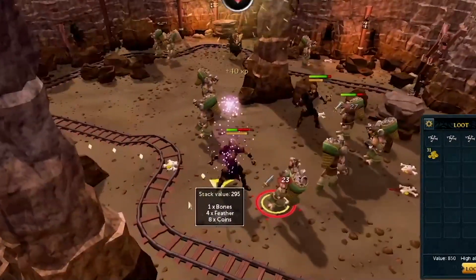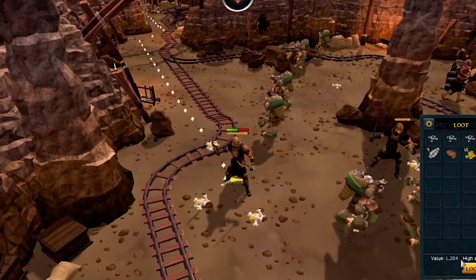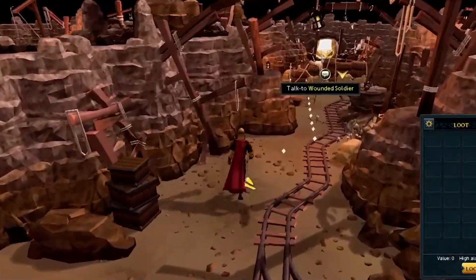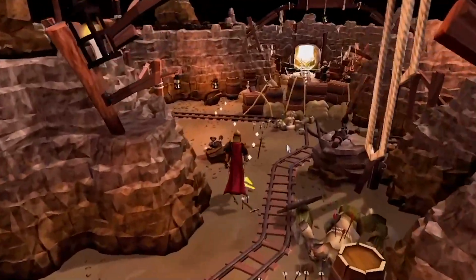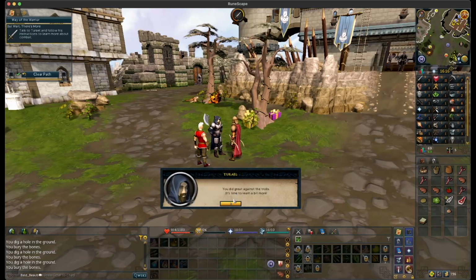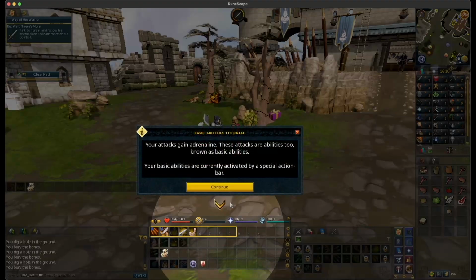Like, I'm running around the world now, even in Burthorpe, and there's quest icon, quest icon, quest icon. And then there's all these different random events throughout the different areas, and I have no idea what they are. So I'm really excited to immerse myself back into this world of RuneScape, bring you along for the ride